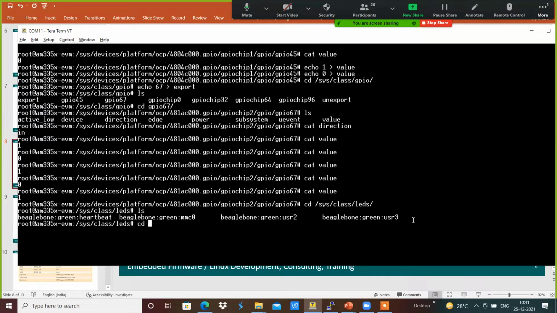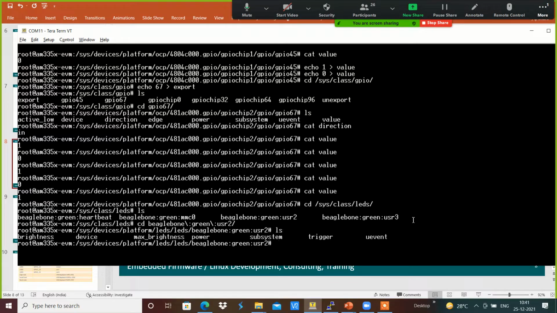For example, here we have multiple files that we can use to access accordingly. For example, I have the file called brightness. Currently the brightness is 255.